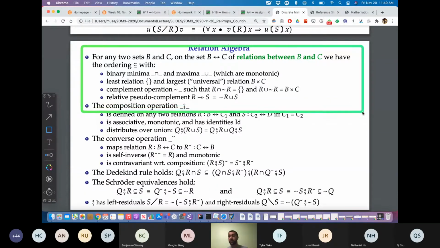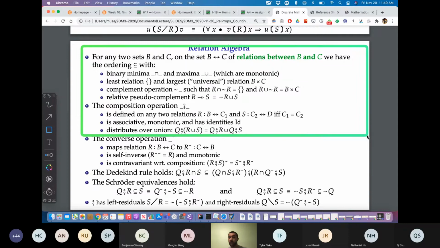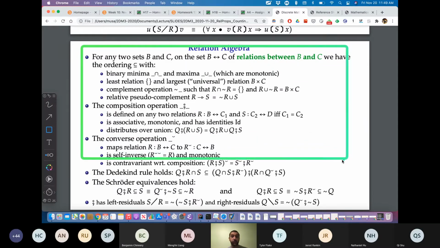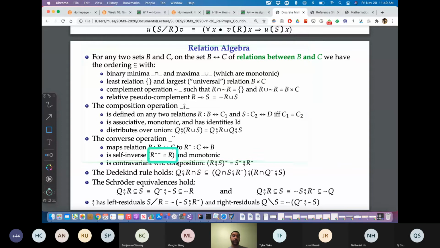You should definitely know how composition works, and you should know the definition of composition. You should know that composition is, like multiplication, associative, monotonic, and has an identity. Some useful properties: you should be aware of converse, which is mentioned in assignment 4. Converse is a thing you should know for midterm 5. You should be able to prove this property, for example. We proved it in lecture on Tuesday, I think. You should be able to prove these simple properties, good practice.